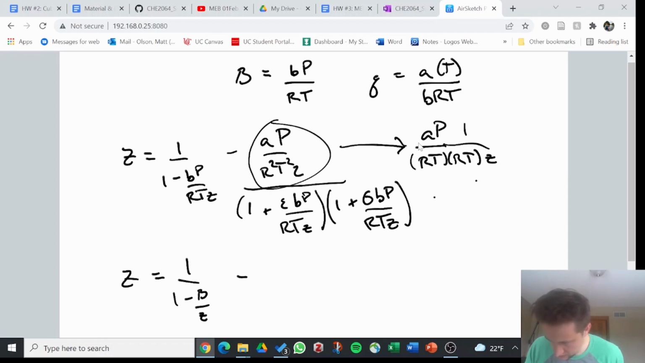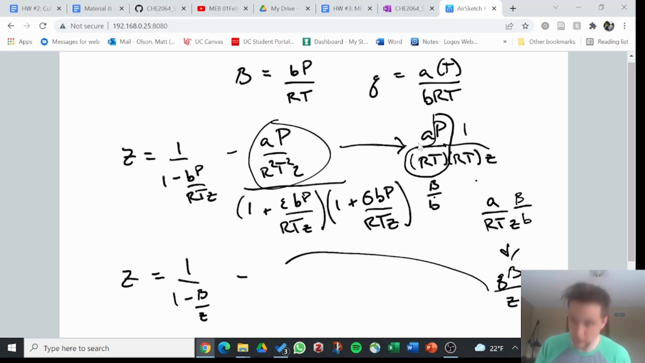Here we've got this right here, which equals beta divided by B. And then what we can do is, now we've got A over RTZ, and then B beta over B. Well, now we've got our Q. So this is going to equal Q beta over Z. Okay, so now we can bring this back over here. So now we've got Q beta divided by Z, and then